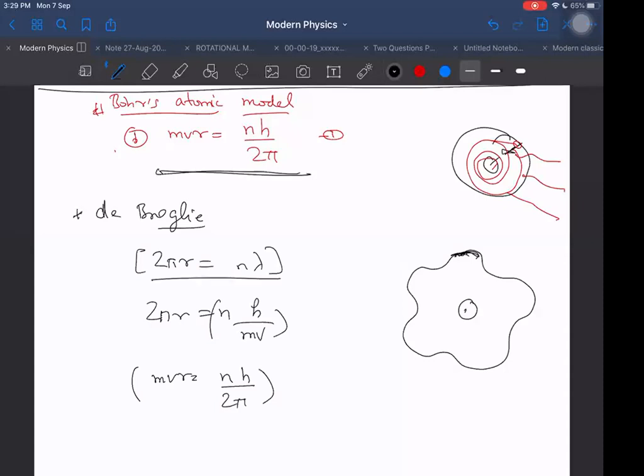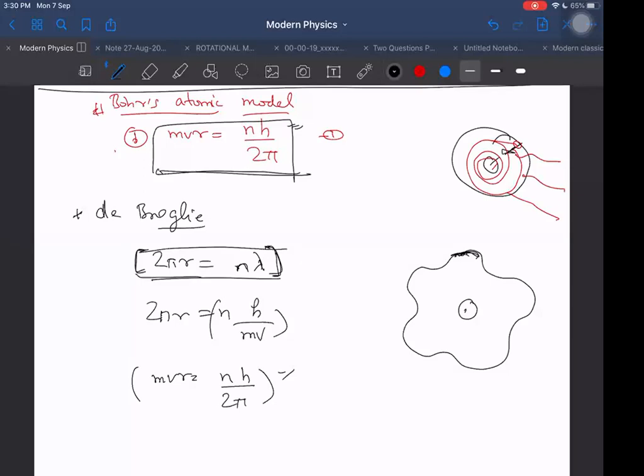So Bohr somehow gave us this formula. I don't know how he thought about this formula, where he got this idea when he was not even knowing that it is because of 2 pi r equal to n lambda. But somehow he did some calculations in his mind and he thought that it is only valid when mvr is equal to nh upon 2 pi. But the same formula de Broglie got from his dual nature of matter, that matter can act as a wave. So 2 pi r can be equal to n lambda. Therefore mvr should be equal to nh upon 2 pi. So we can remember the de Broglie method. By that we will never forget. Or it is your choice. If you want to remember mvr equal to nh upon 2 pi, that is also okay.